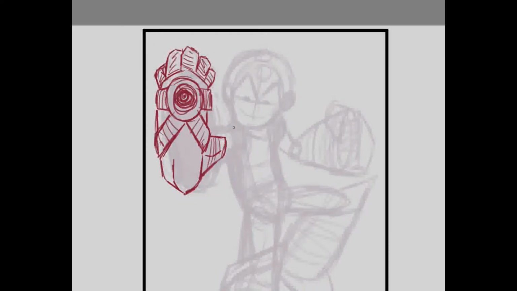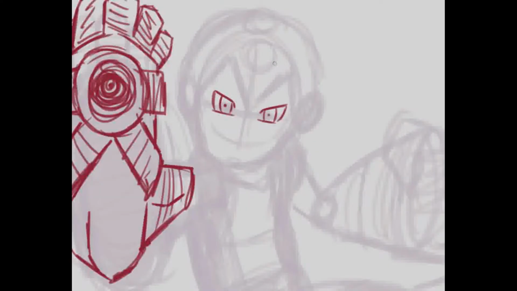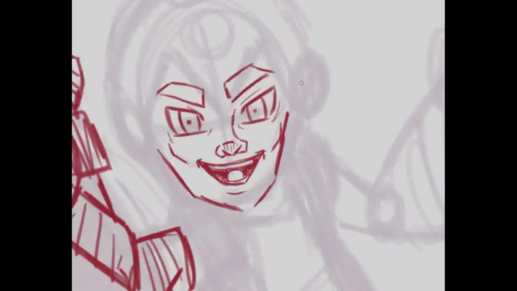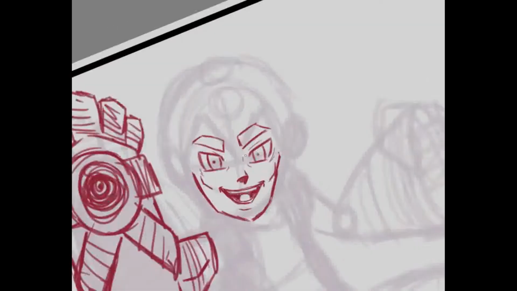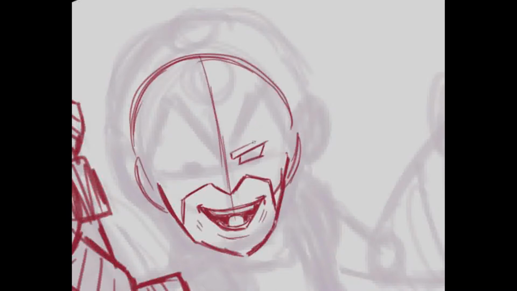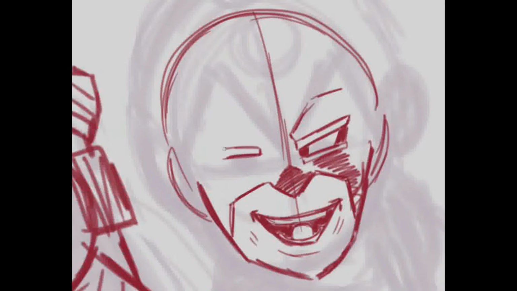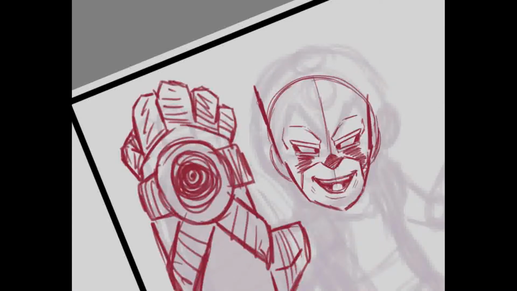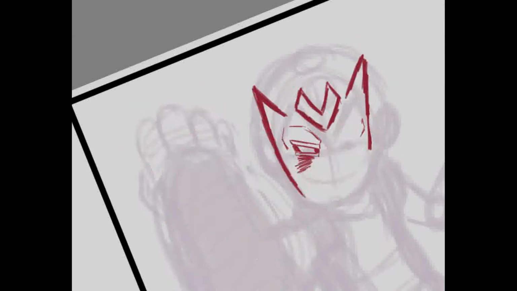But ultimately, I don't know where my head kind of went, but I was thinking Mega Man, and I think that's pretty much the inspiration that I drew from for the pose, the chunky arm, or chunky fist, and the big old legs. I was really happy with that thought process because I think it's something that hasn't been done in a while, at least for me. I haven't done a Mega Man picture in a minute.